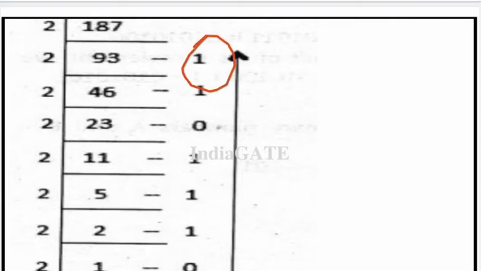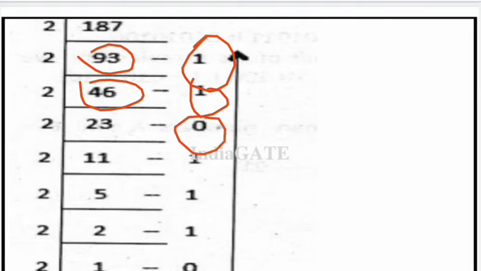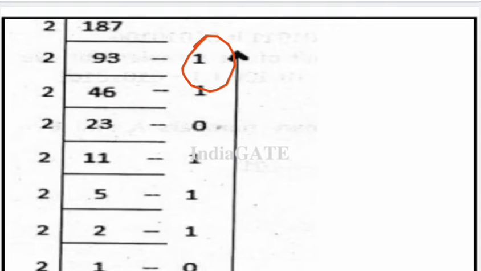When we divide 187 by 2, we get 93. After we divide 93 by 2, we get 1 as the remainder, and 46 when divided by 2 gives 0, and so on. When we divide, we get the series like